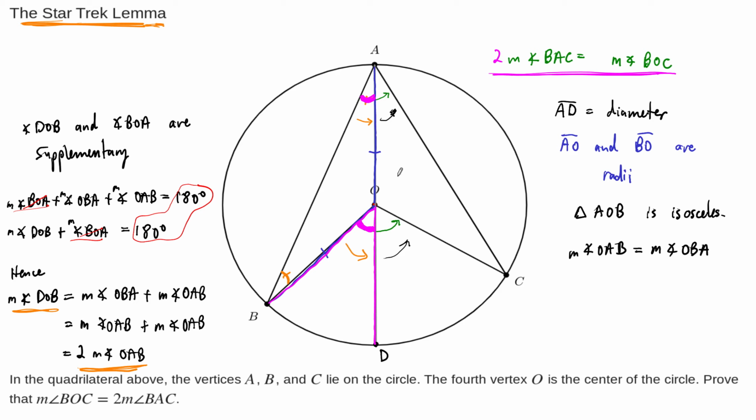So remember though that this lemma is not always true. There were some hypotheses that we made. Number one, the most important thing, right, is that this vertex O is the center of the circle that passes through the other three vertices, and that is not a normal thing. So that's a very special property. Okay, but in this very special case, the Star Trek lemma holds, and the measure of this angle is half the measure of this one. Okay,